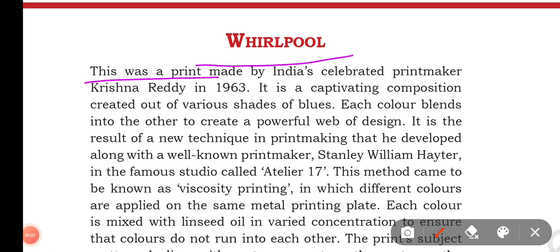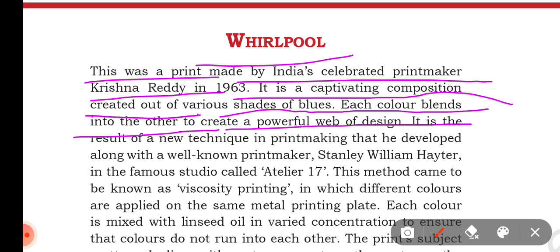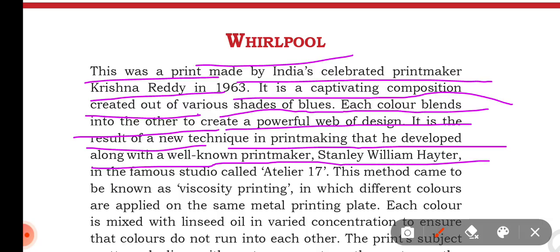Whirlpool. This was a print made by the celebrated Indian printmaker Krishna Reddy in 1963. It is a captivating composition created out of various shades of blue. Each color blends into the other to create a powerful web of design. It is the result of a new technique in printmaking that he developed along with the well-known printmaker Stanley William